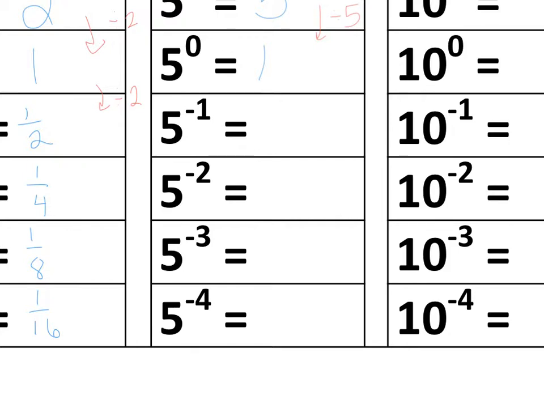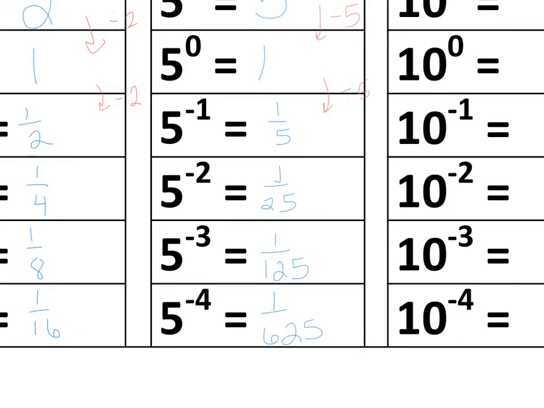If we kept up the pattern, we would have 1 divided by 5, which would be 1/5. So 5 to the negative 1 is 1/5. 5 to the negative 2 is 1 over 25. 5 to the negative 3 is 1 over 125. And 5 to the negative 4 is 1 over